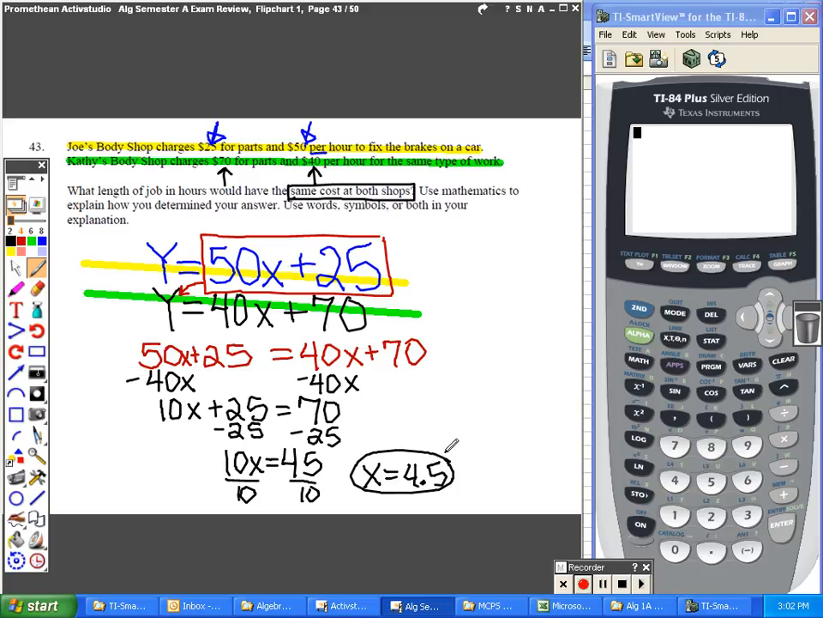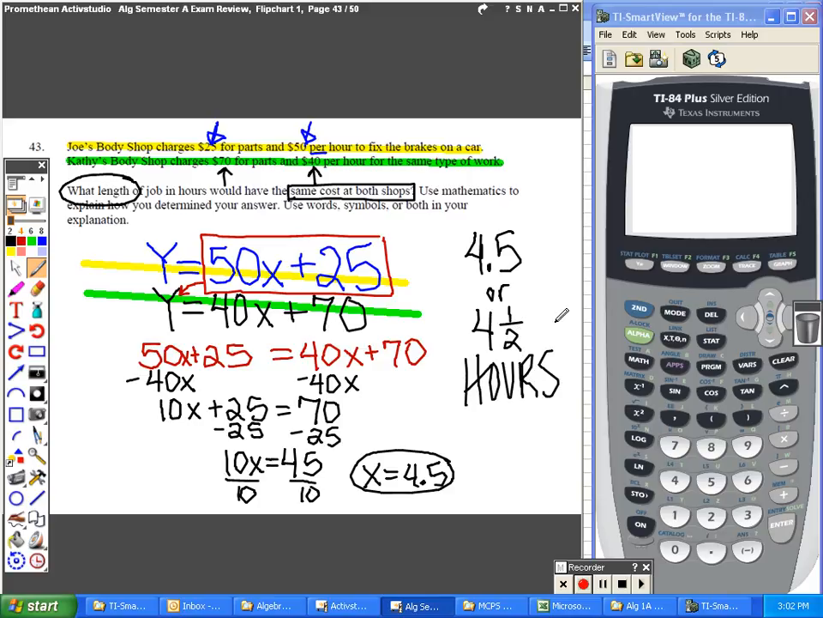Oh my gosh, no, I'm done. Here's why. They don't ask you to figure out the x value and the y value. They only want to know the length of the job, which means they only want to know the hours. And your answer is 4.5, or 4½